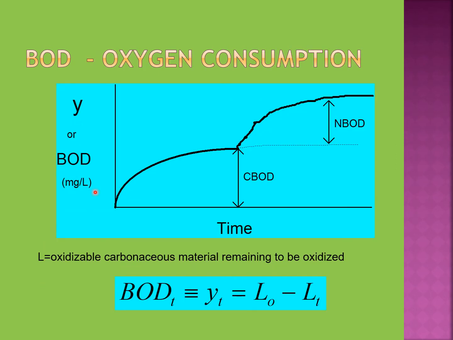This is a BOD versus time graph. The first portion is carbonaceous BOD and the second portion is nitrogenous BOD. So we can say carbonaceous BOD will oxidize first and then the nitrogenous BOD. Oxygen consumption at any time t, which is equivalent to BOD at any time t, can be calculated using the equation